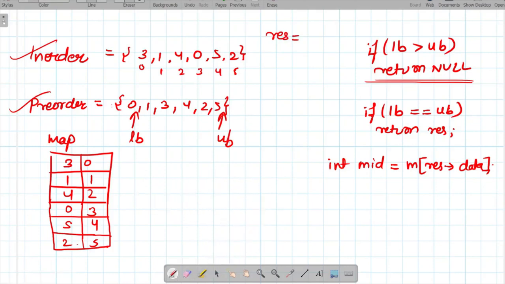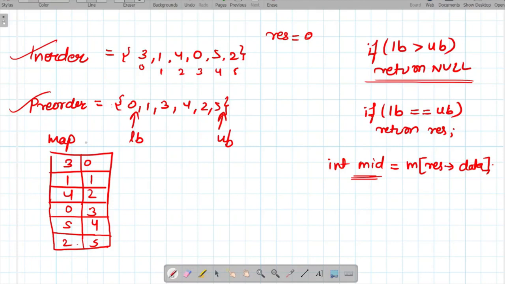And also one thing is there, that we have to calculate mid every time. Why are we calculating mid? Because we are going to run this code recursively. We are going to call the function for the left subtree and the right subtree. So we will call mid, and how will we find the value of mid? By finding the value from the map. So for a given result node, suppose we have a result node as 0, so result contains our root node, right? So we have to find the mid value from the in order traversal, that where does the 0 actually exist.